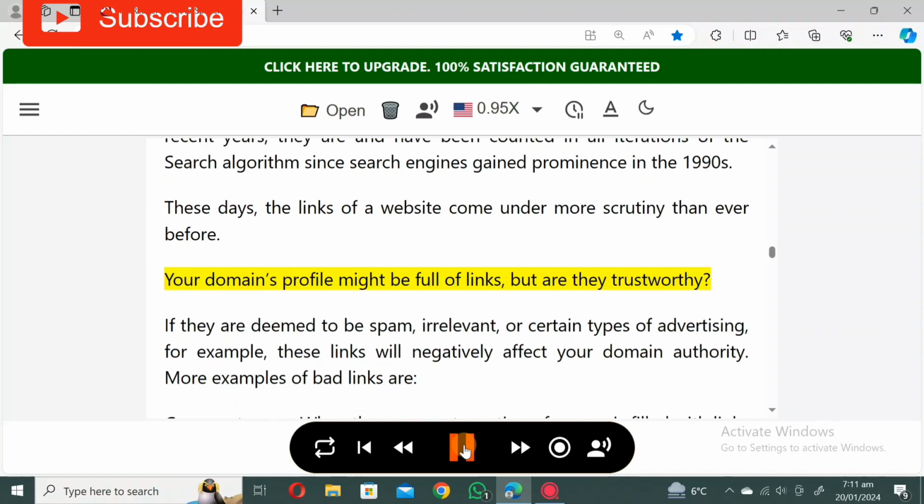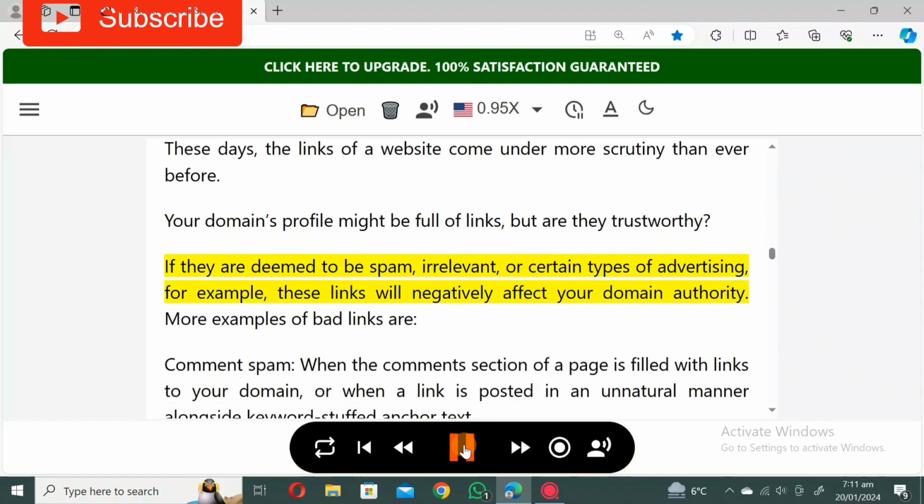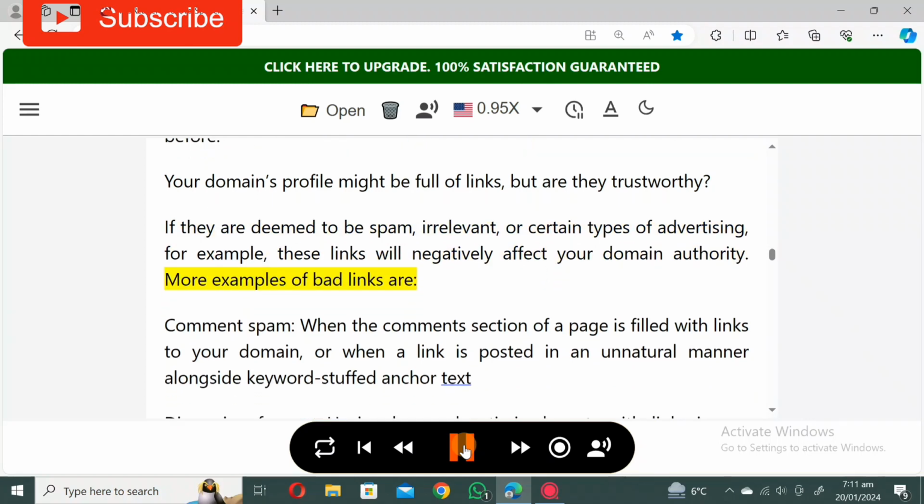Your domain's profile might be full of links, but are they trustworthy? If they are deemed to be spam, irrelevant, or certain types of advertising, for example, these links will negatively affect your domain authority. More examples of bad links are: